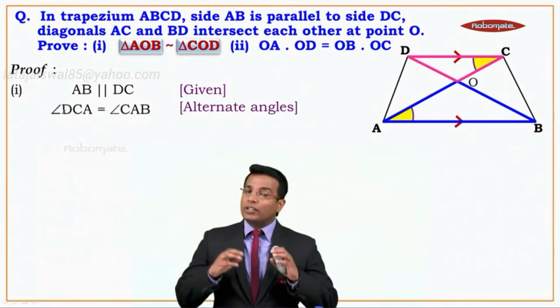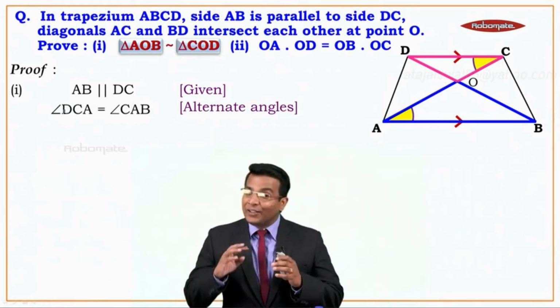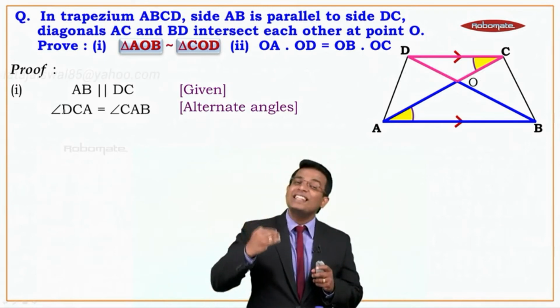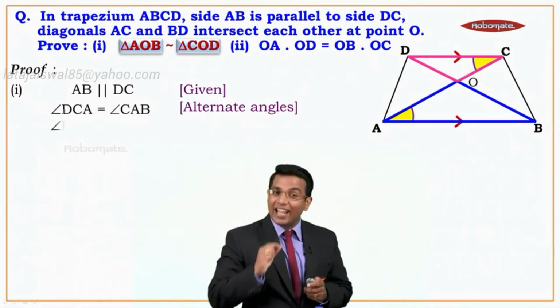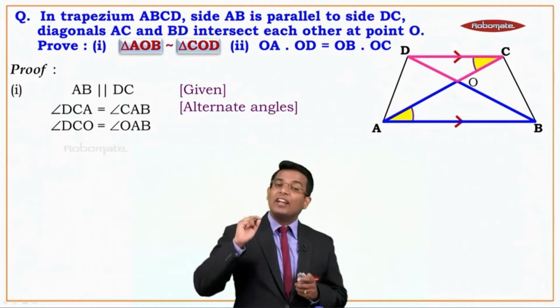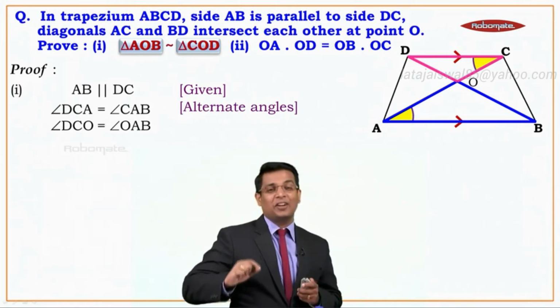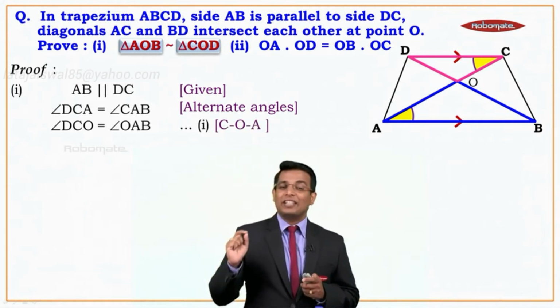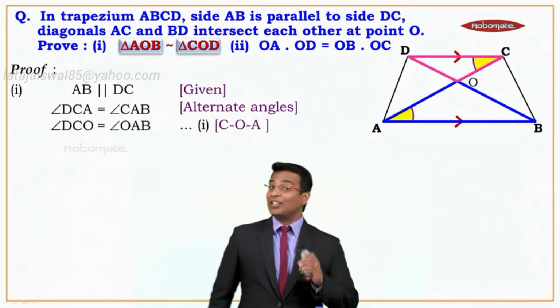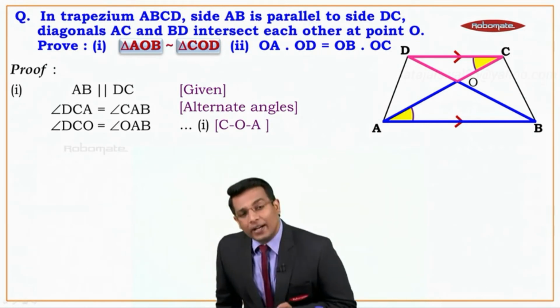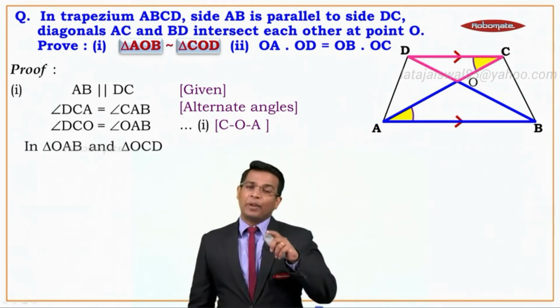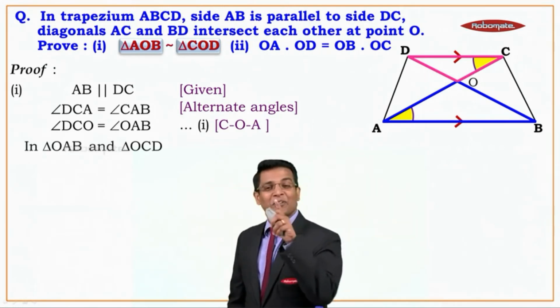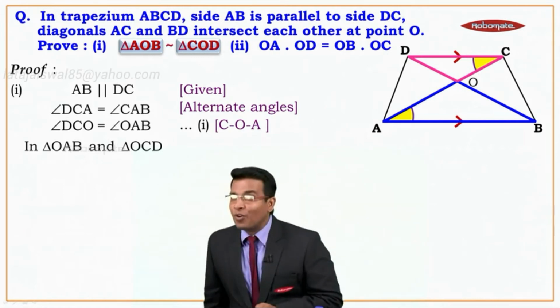But we don't want the name of these angles to be like this in this particular triangle. So we are going to change them. So we'll write angle DCA as angle DCO, and we'll write angle CAB as angle OAB, right? And the reason for that would be nothing but angle COA, and that is our statement number 1. Now when we consider these two triangles, we already have one pair of angles congruent, which we got in 1. Can we have one more?